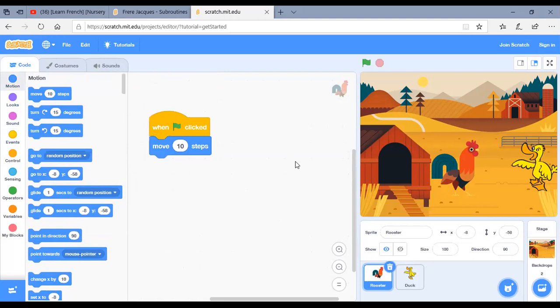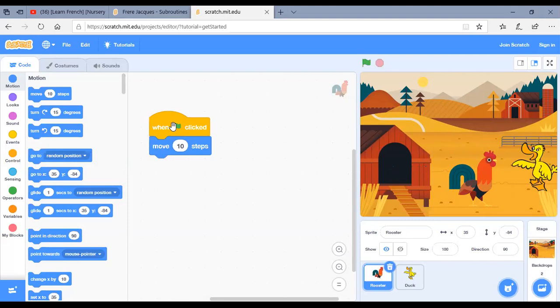Okay, a very simple program, a very simple algorithm. Two steps, an algorithm where the steps are coming one after the other, which is a sequence. Okay, so let's see. It is moving, isn't it? It is moving nicely to the duck. So if you want to have this again, have it started here. Okay, nicely it is moving towards the duck.